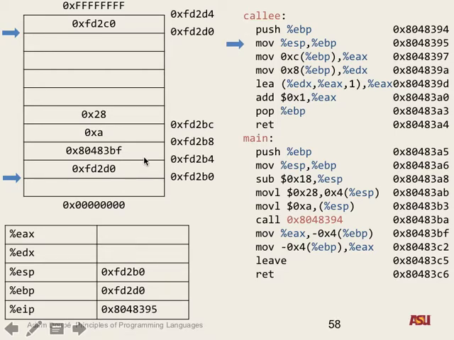It's going to set the current base pointer. Remember, the base pointer right now is pointing to main's base pointer. It's going to change it to point to the current stack pointer. So now it's basically saying, okay, now I am the function that's executing, and I have my own base pointer. And now it needs to access those parameters, right? The callee function just returns a plus b plus 1,